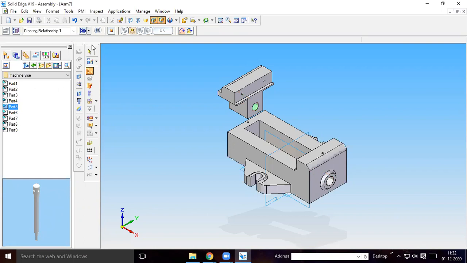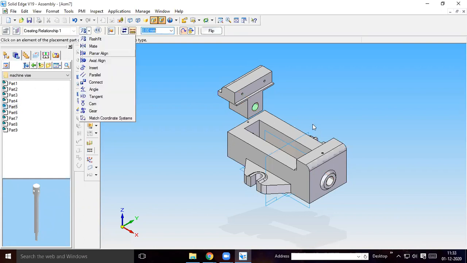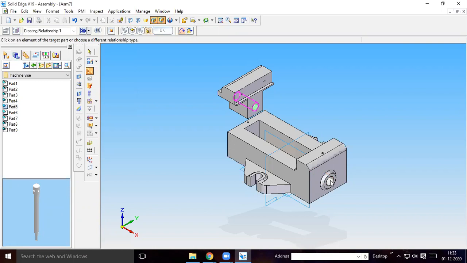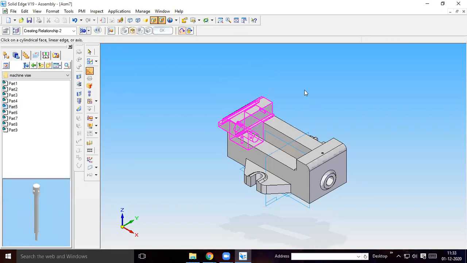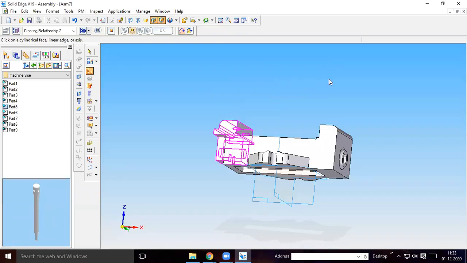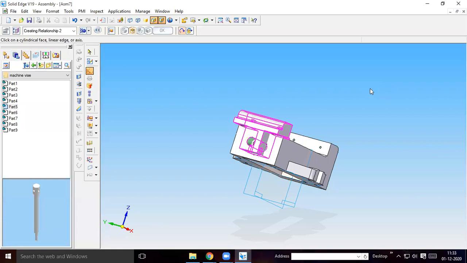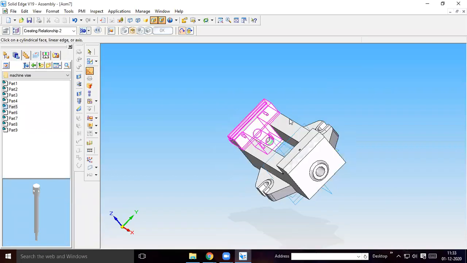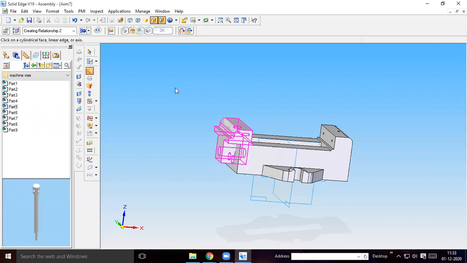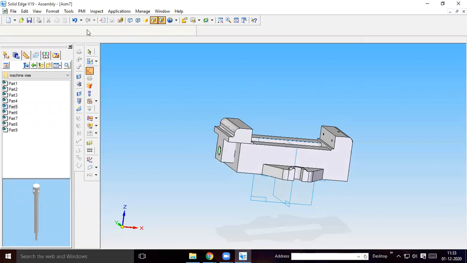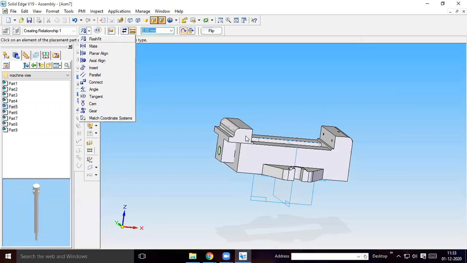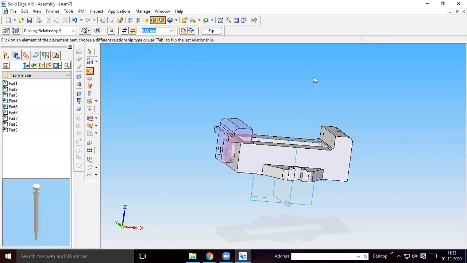So you have to give the axial alignment of this hole and this hole, so that it comes along the same line. Once you give this, the other alignment is taken appropriately. Then you can give the flush, the flush of this one with this one.